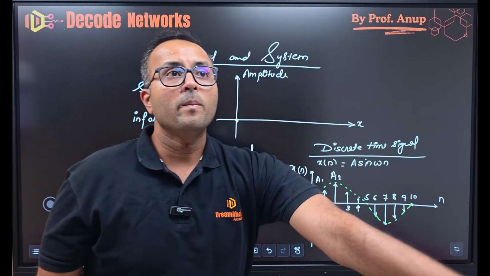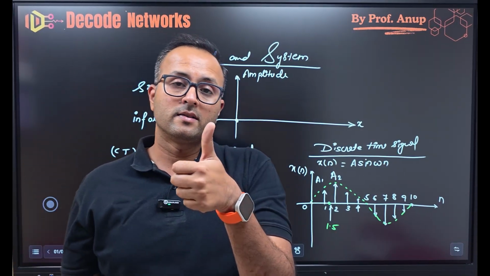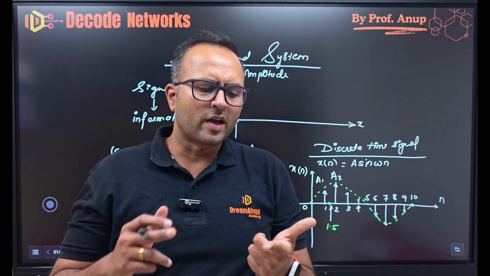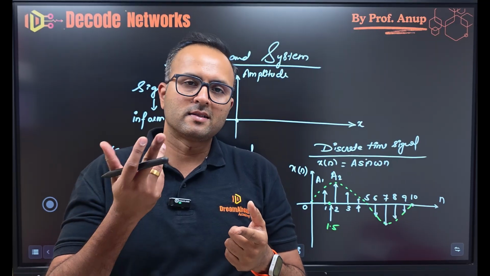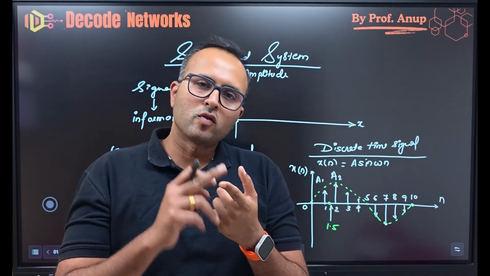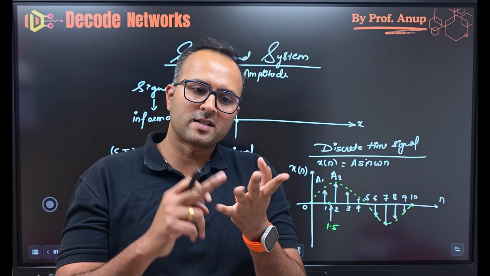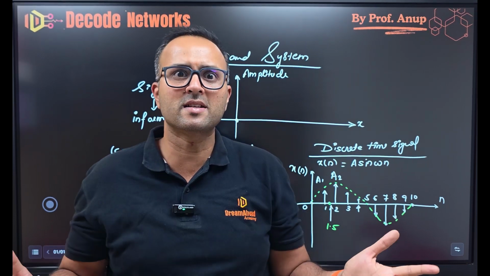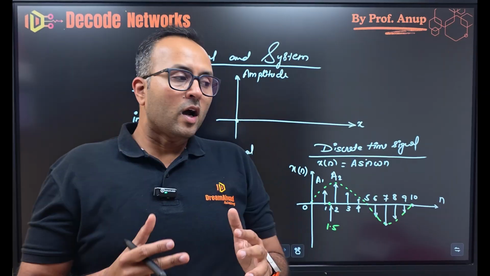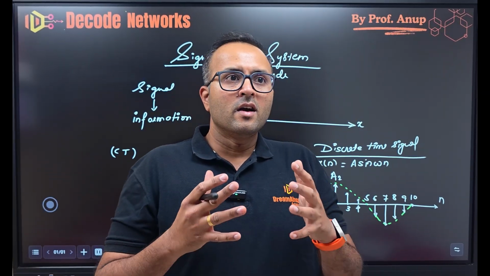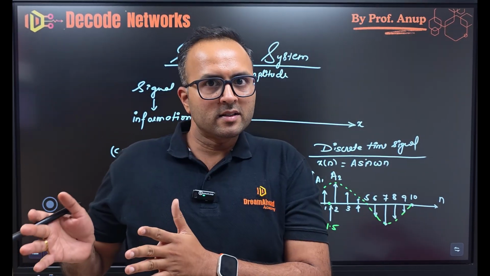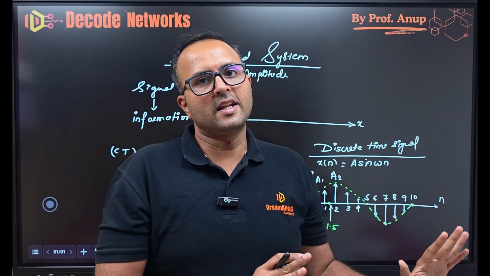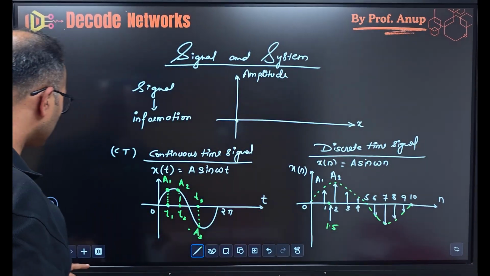Okay. So now, we have many signals. In continuous time, our standard signals are the unit step signal, ramp signal, parabolic signal, sinusoidal signal, triangular signal, square signal, rectangular signal. There are many signals. Any signal is always represented in continuous time as well as in discrete time. Now we will be looking into that.